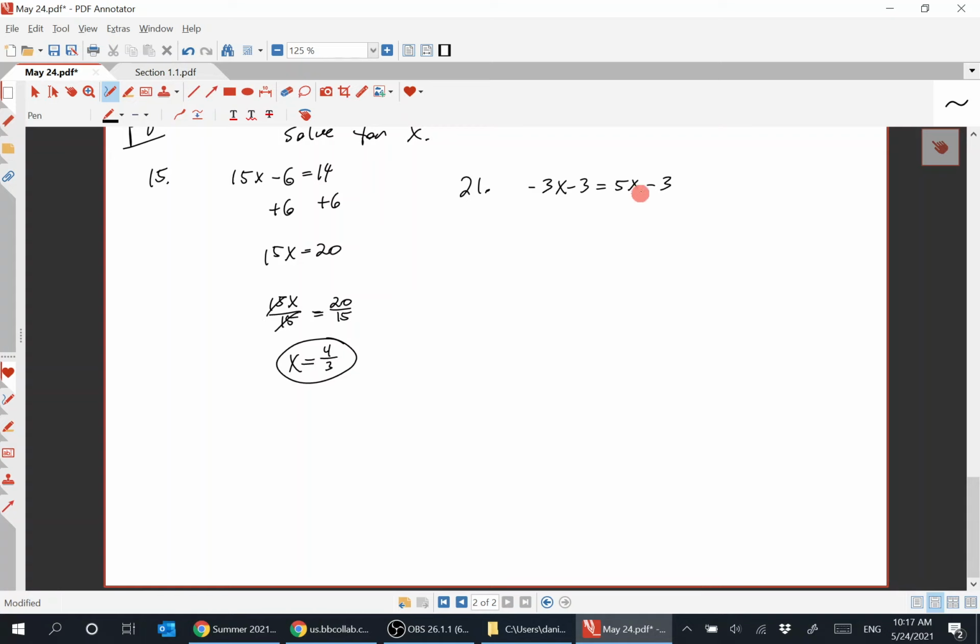So I want to push the 3 over here, so I'm going to add 3 to both sides, and we just get 0 on both sides. Then I want to move the 5x on the left over to the right, so I subtract it, and then I want to divide by 8 to isolate the x, divide by -8. So the -8's cancel, and I'm left with x is equal to 0 over -8